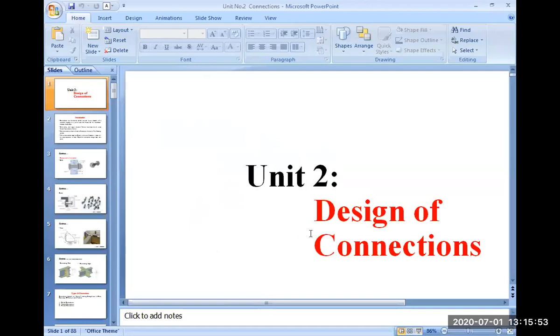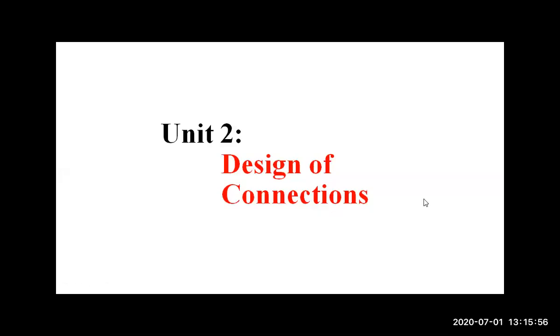So today we'll start unit number 2 of our subject, design of steel structure, and unit number 2 is design of connections. If we have to connect two steel structural members, we have to connect them by means of bolt, weld or rivet. So for the connection we can use these three components: bolts, welds and rivets. We will see in detail. We have to design the bolted and welded connection in this chapter, not the riveted connection, because our syllabus only requires us to design bolted and welded connections.